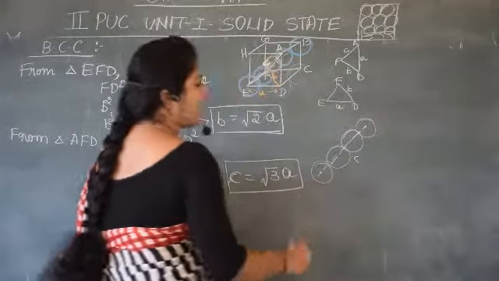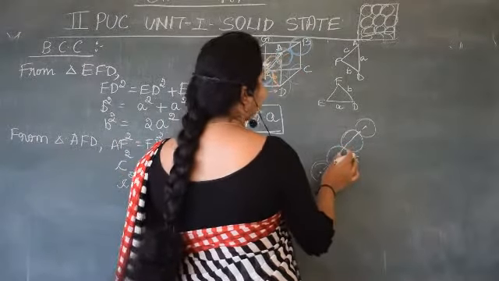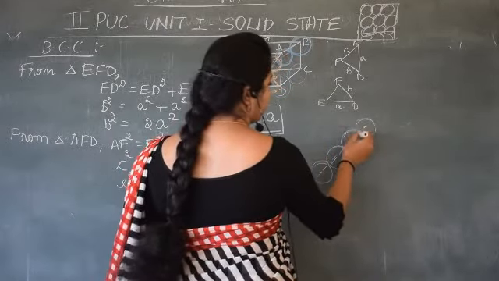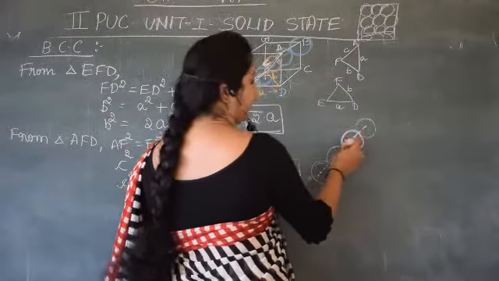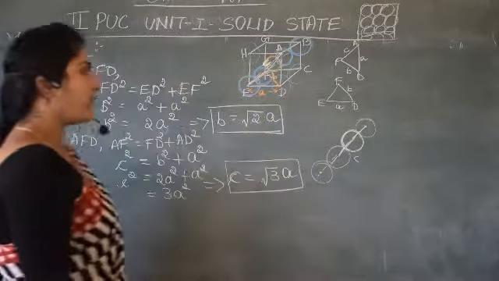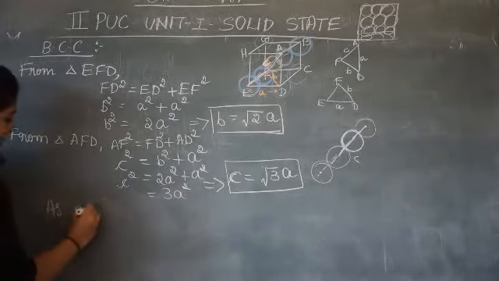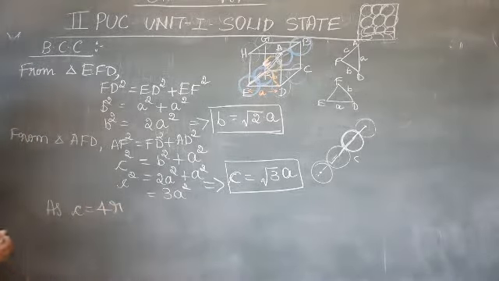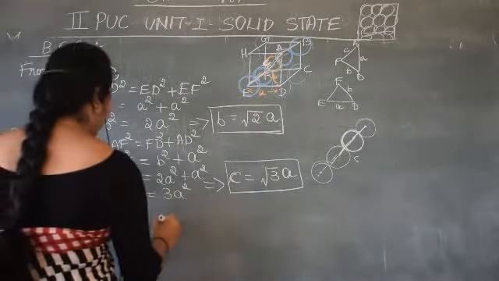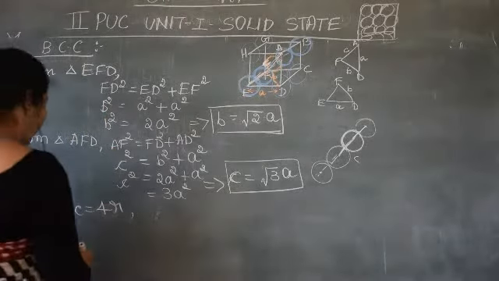That means 4 radius are involved between these. So one of the body centered one and the other two of these two. Say if this is body centered one, R plus R, 2R, plus 1, 3R, plus 1, 4R, till here. Okay, diagonally. Therefore, as C is equal to 4 times the radius, as C is equal to 4R, we can write, or as you have written, no? So as C is equal to 4R,